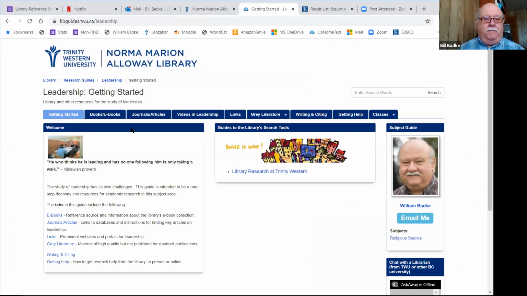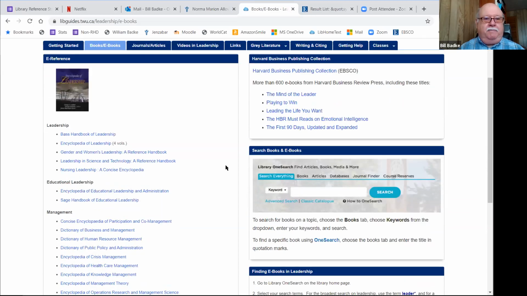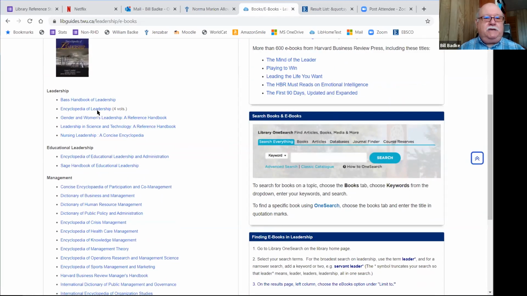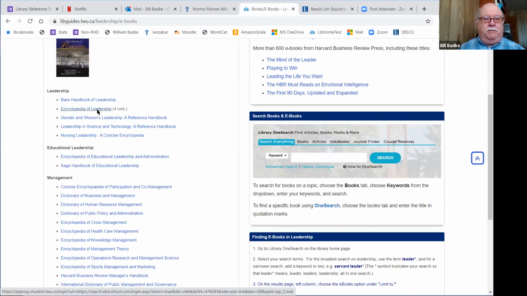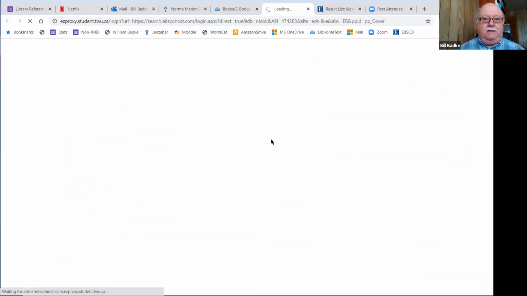What's involved here? First of all, under books, ebooks, some guides will say reference books or something like that. There are a lot of tools here that will give you basic information on all kinds of subjects in leadership. For example, we've got the massive 4-volume Encyclopedia of Leadership, which has all kinds of really good resources available to you. If I click on that,